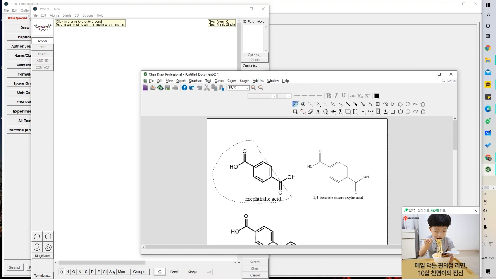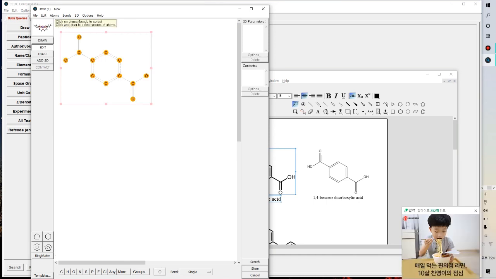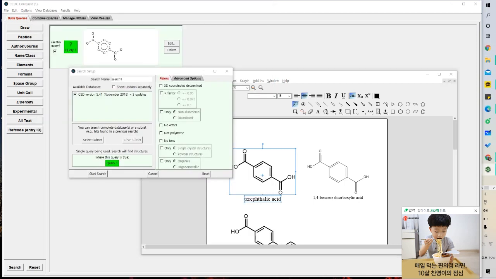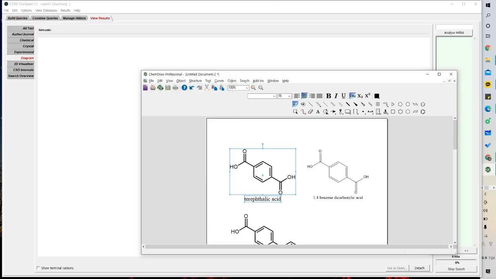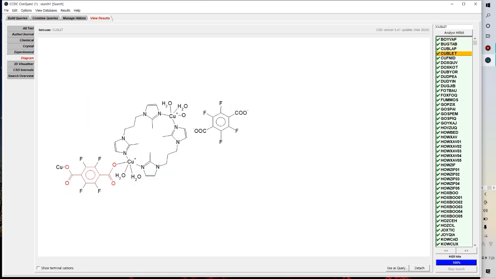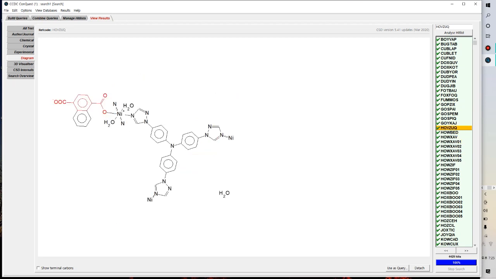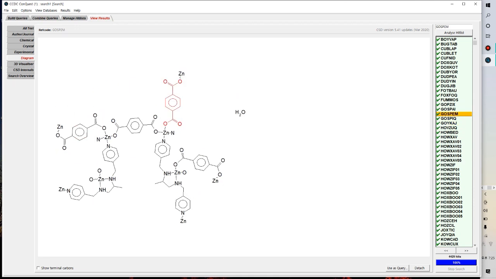So in order to do that, you select your desired molecule, click Ctrl C, Ctrl V. So you can see that the molecule is drawn here, and when you click search and start search, you can see that there are a lot of substances that have this type of structure inside them. How to use Conquest, the Conquest manual, we'll upload in another video.